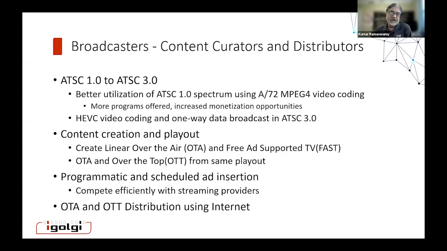So we started to think about what is the better utilization of the ATSC 1.0 spectrum, and clearly there was a standard, the 872, that was developed back in 2008 by ATSC. The FCC never formally approved it, but in fact, I was at an NTA meeting a week or 2 weeks ago, and the FCC representative there said, even though it's not been approved officially, we know that this is the right thing to do for broadcasters: other than the .1, which is mandatory to be in MPEG 2, all the other services can be viewed as auxiliary services and transition to MPEG 4,